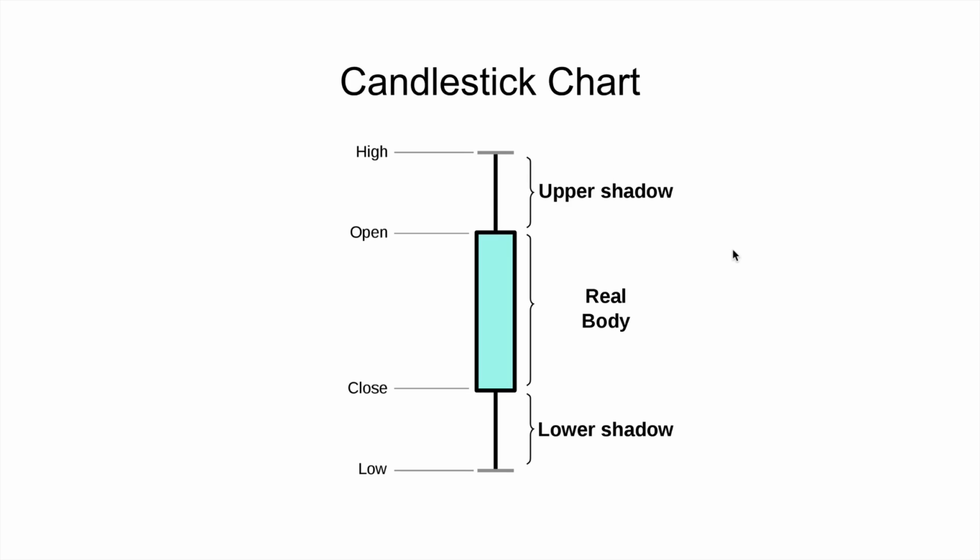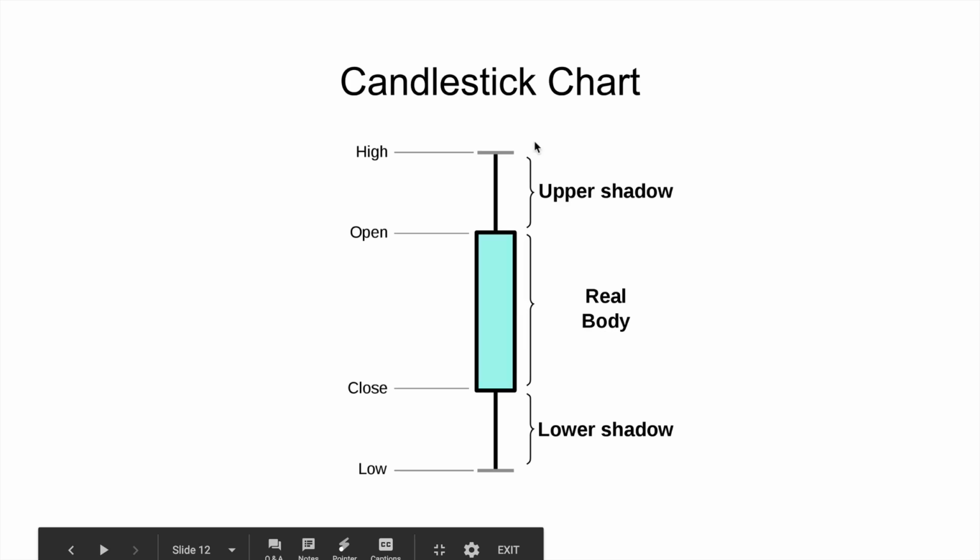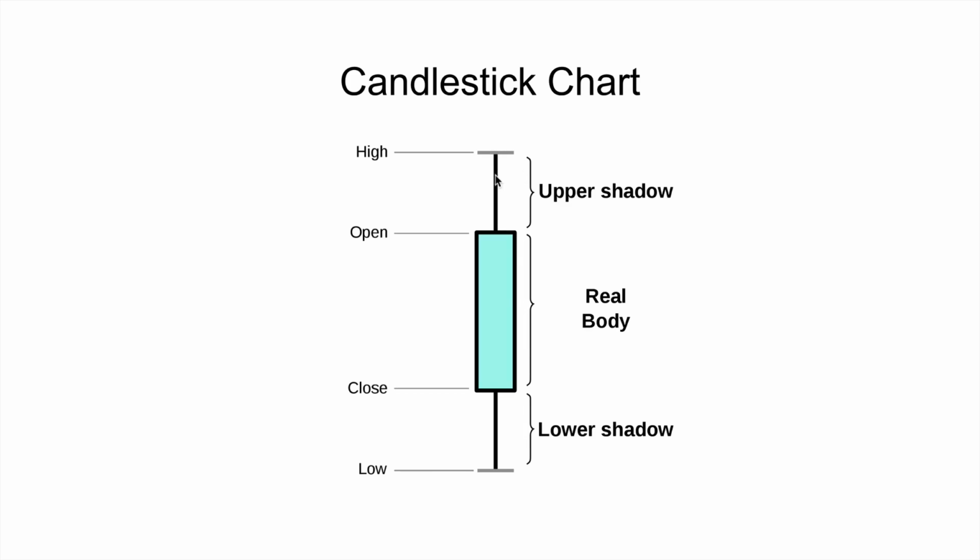So what does each candle mean? Well, there's 4 points, like I said, here, here, here, and here. So it's 3 regions, the upper shadow, the body, and the lower shadow. So the 4 data points are the high, the open, the close, and the low prices. So what does that mean? Well, the high is the highest price of the asset sold during that period, okay? Now, the top of the candle is the open price. So during that period,